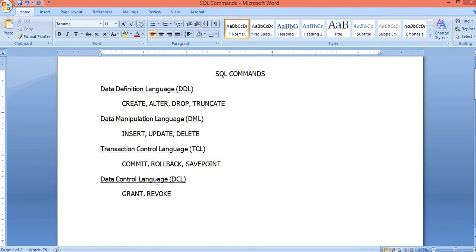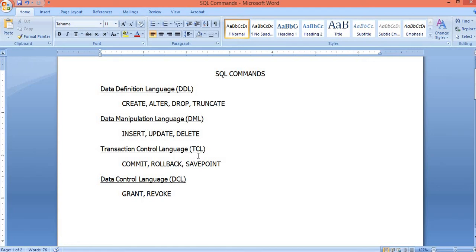Now with this we are moving to the next category of commands called data control language. These data control language commands are used for giving privileges to users. For example, you are a database user and you plan to create users, because you feel some more users will also be using your database. For that there is a separate command: CREATE USER username IDENTIFIED BY password. By using that command you can create users.